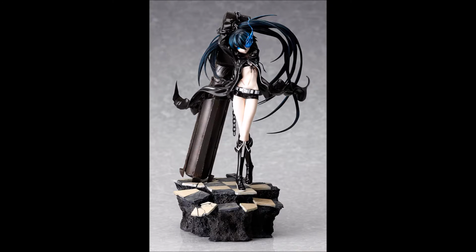But I think one thing that probably is going to be interesting to people is the brands that are actually part of Good Smile Company. So, there are quite a few. I actually recognize a few of them. Yeah, why don't I go ahead and just mention what I have listed here. Obviously Max Factory, and they're mostly known for the figmas, but they do other scale figures as well. And then Orange Rouge, this is one I definitely have been wanting to talk about for a while,